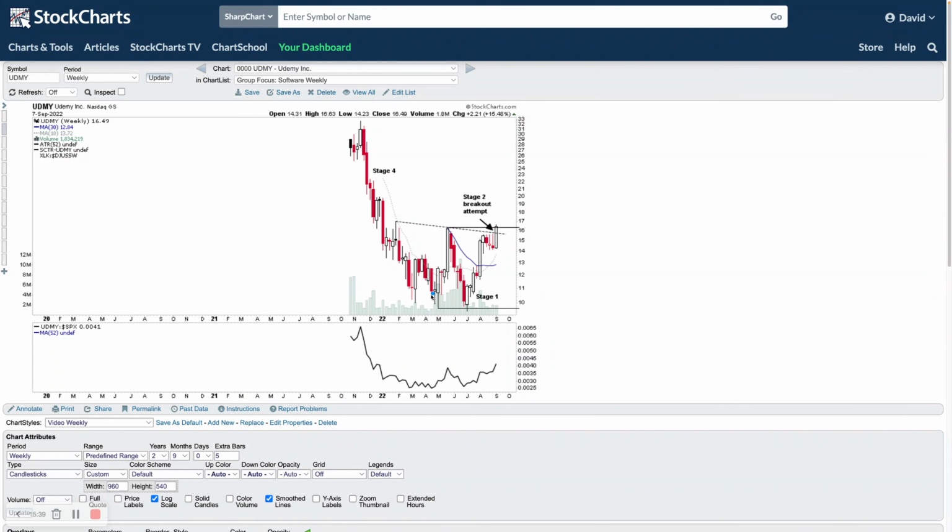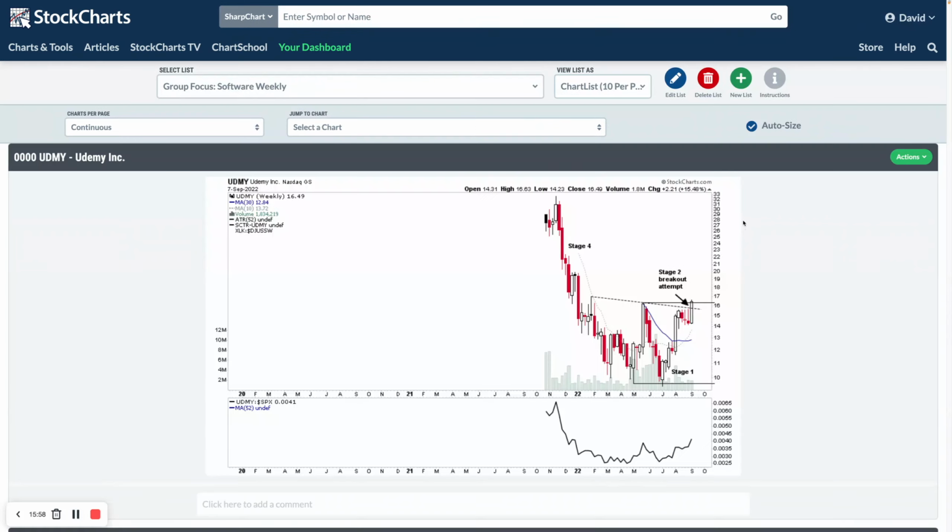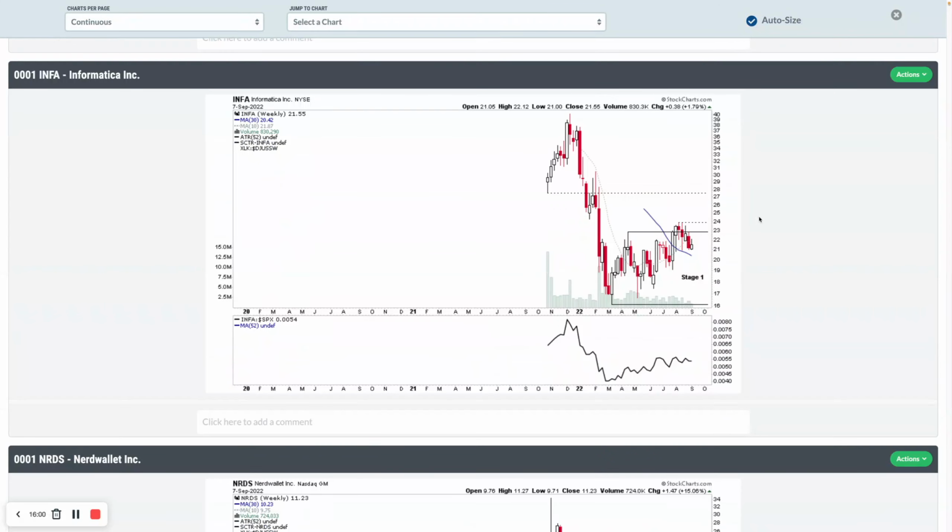So you've got your initial structure from back in this area, then it broadened out. So we've got a structure from all the way back from February, March time. Obviously, you can include the trend line behavior from a little bit earlier than that. So it's quite a decent size structure on that now, and attempting to move out into stage 2. Number one that I highlight